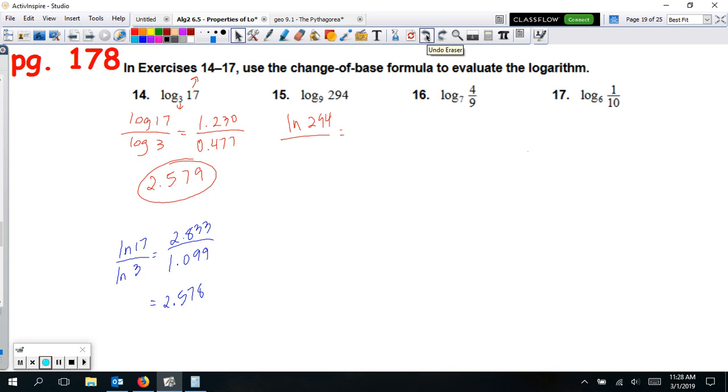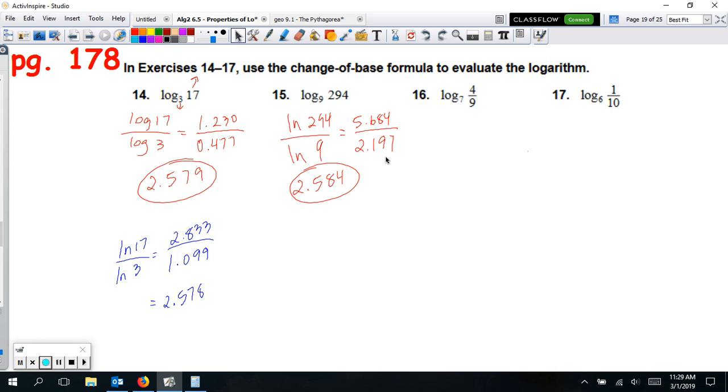So I did natural log of this 294 over natural log of 9. If I do that, it's 5.684 for the natural log of this, and for natural log of 9 is 2.197. So your end result, no matter whether you use the natural log or the common log, you should get 2.584. So that should be your answer. So if you use the log up here, these numbers will be different, but this number should still be the same. So if this number is the same, then you're good. But if this number is different, then you've got to go back and figure out what you made a mistake on